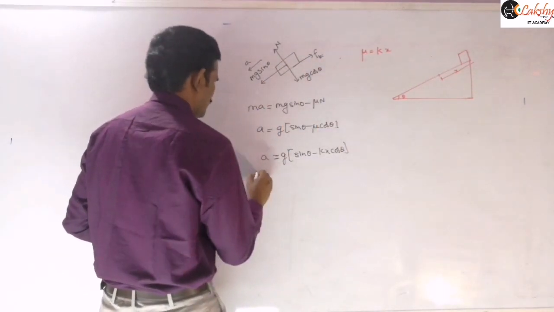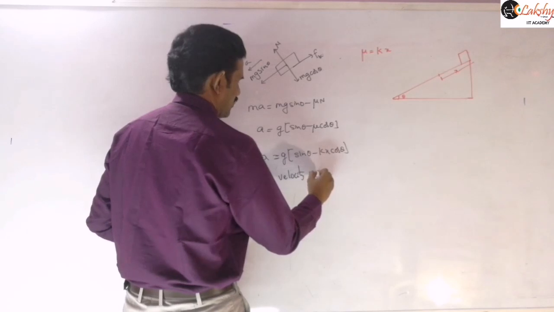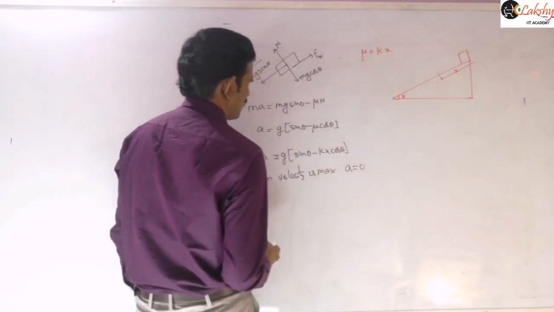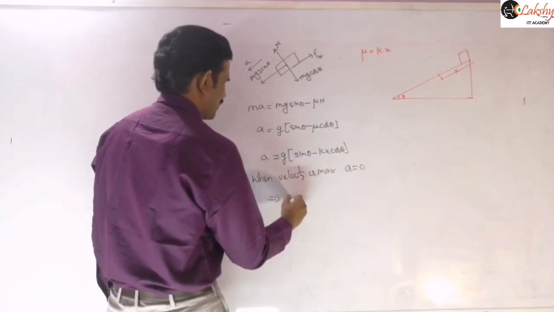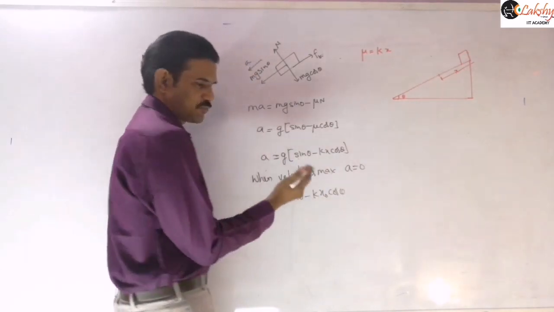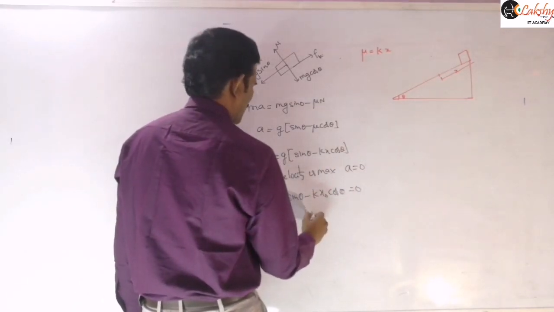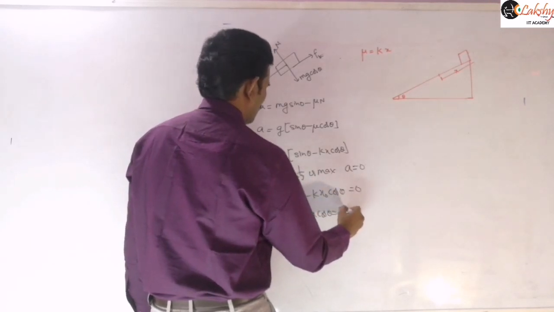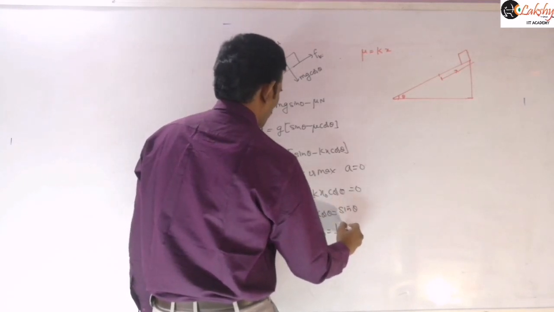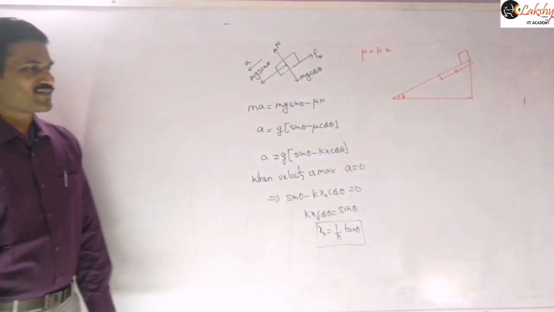here when velocity is maximum, acceleration value will be equal to 0. That implies sin theta minus k x naught cos theta is equal to 0, where for the corresponding distance I am taking x naught. Therefore, k x naught cos theta is equal to sin theta, or x naught is equal to 1 by k tan theta. So that is our x naught value, the distance that corresponds to the maximum velocity.